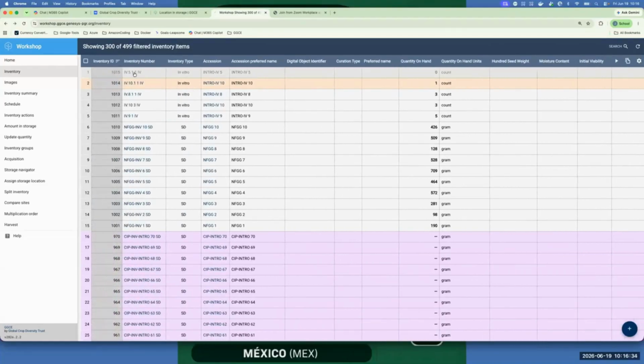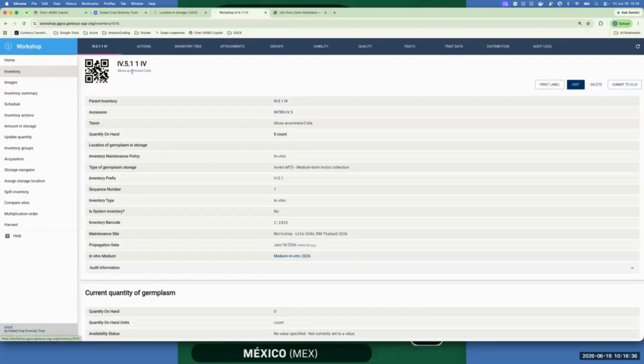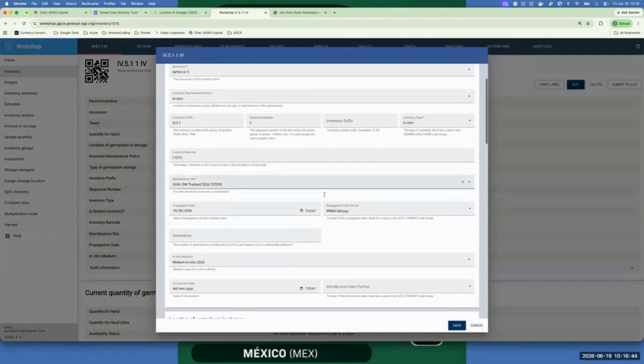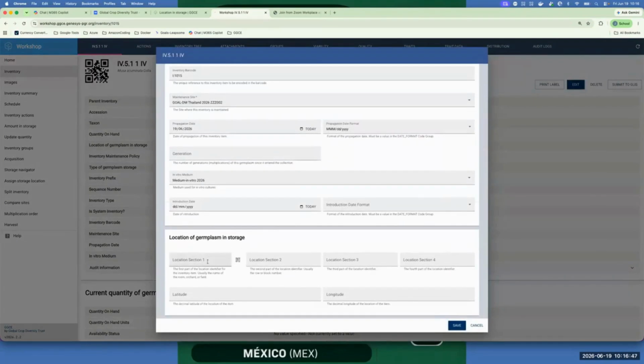Okay, I will assign this use as an example. Yes, it does not have a storage location. What is the idea of this new feature? I want to assign this a new location. I can do a scan, of course, without any problem, but in that case, we do it manually. Okay, I want to put this in rack number 7